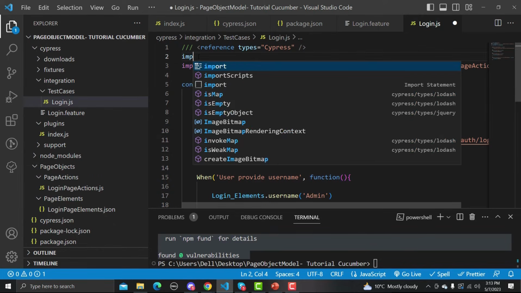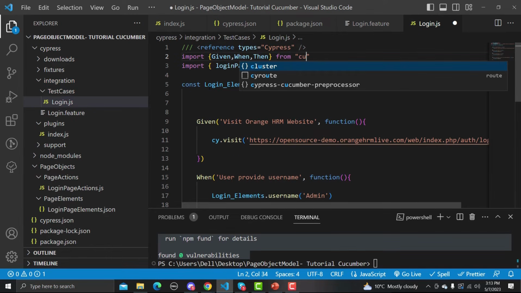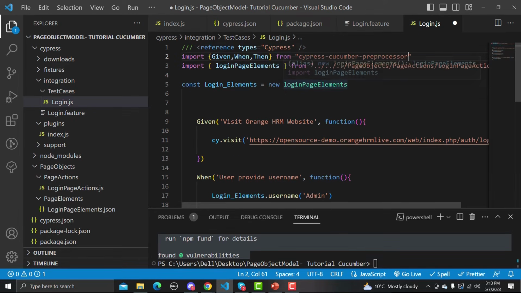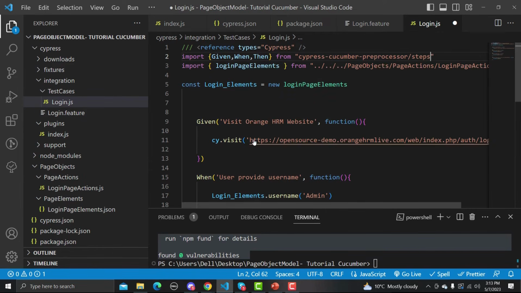So simply write import, and what we need to import, we need given comma when comma then, and these are coming from, so inside this one we will write Cucumber, so Cypress Cucumber preprocessor slash steps. That's what we need to do here.